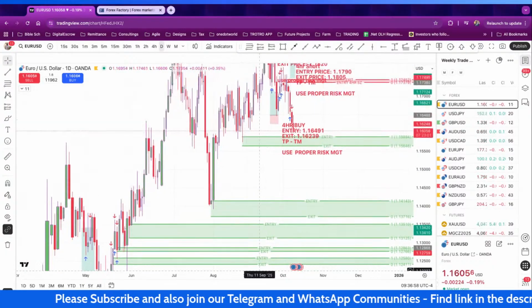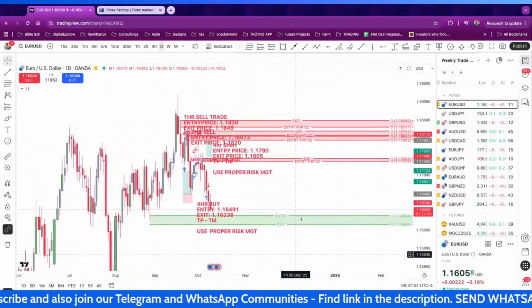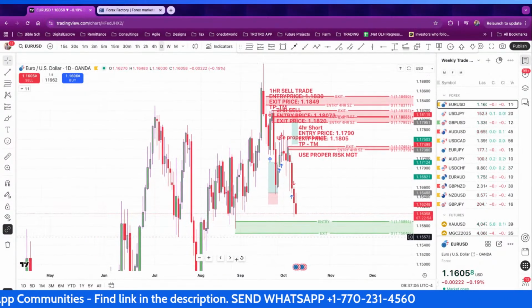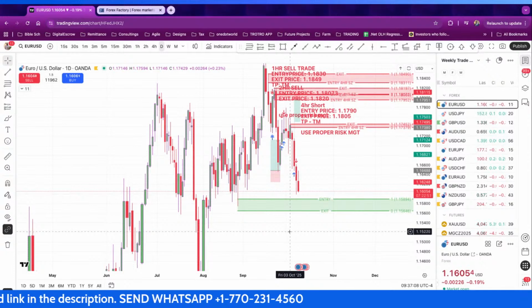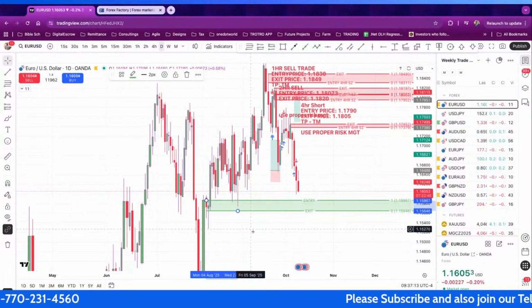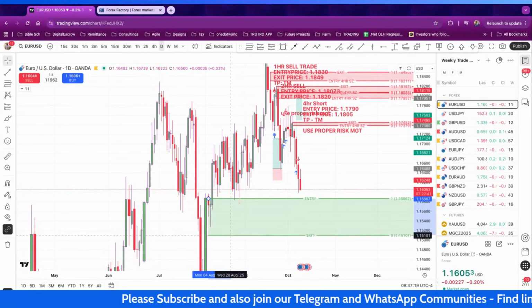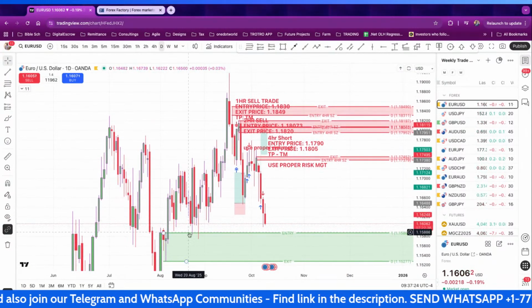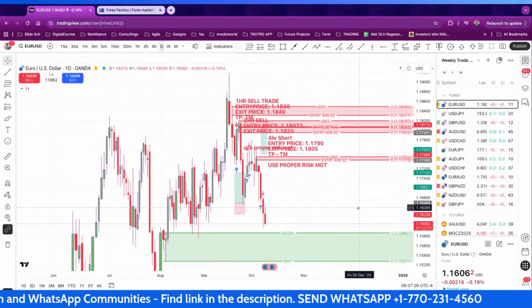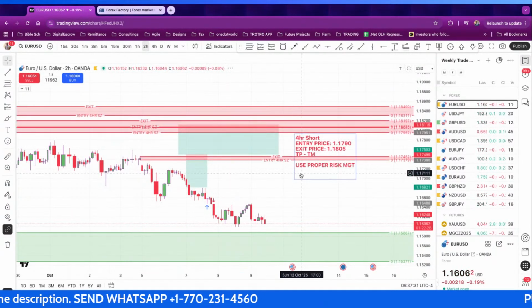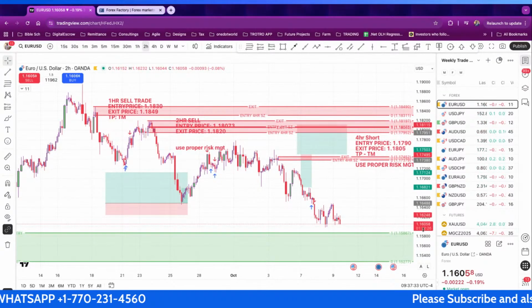I know I put it in way back ago. It was a daily demand zone. I think it's tested a little bit. It's been tested a few times, and as the market was rallying out from that zone, now it's almost back in there.